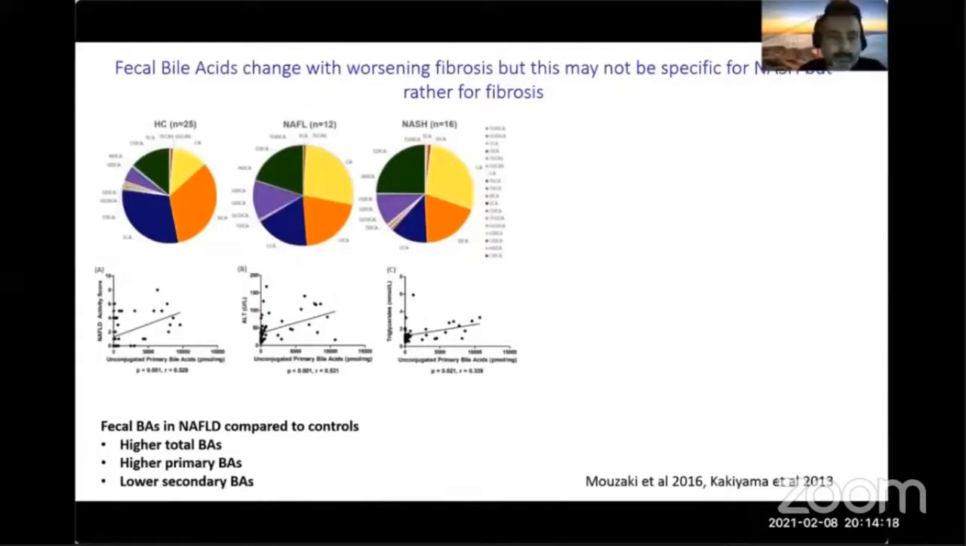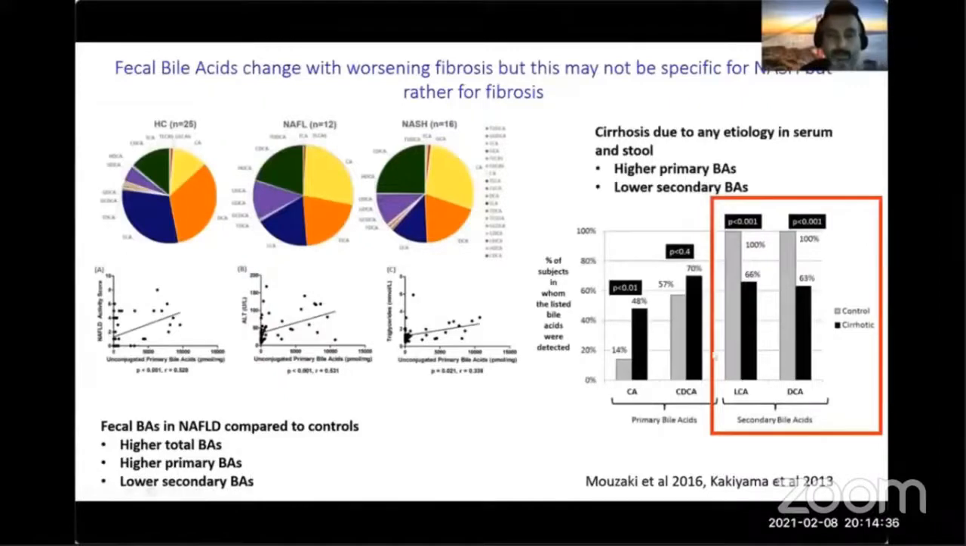as well as in the stool. In this study, the fecal bile acids in NAFLD compared to controls showed higher total bile acids, higher primary bile acids, and lower secondary bile acids. What it tells you is there is lower formation of secondary bile acids. But this may just be because of progression of cirrhosis, because as cirrhosis progresses, regardless of NAFLD, there is a reduction in secondary bile acids and an increase in the primary bile acid ratio. So this may potentially be just a reflection of disease progression as far as cirrhosis is concerned, rather than